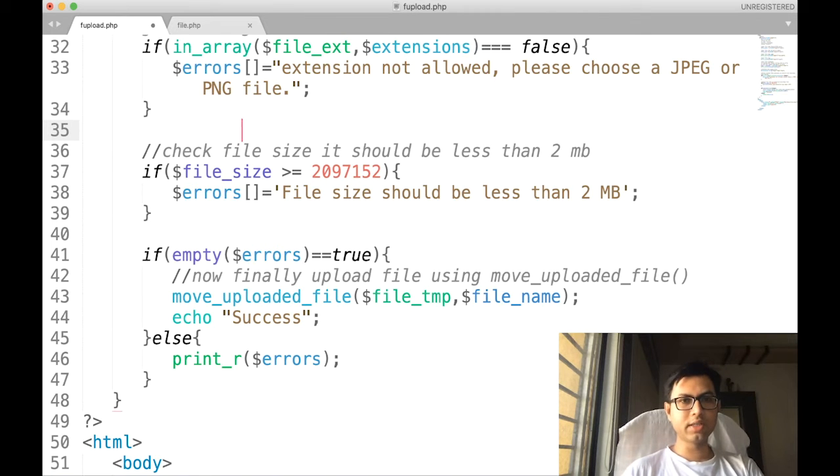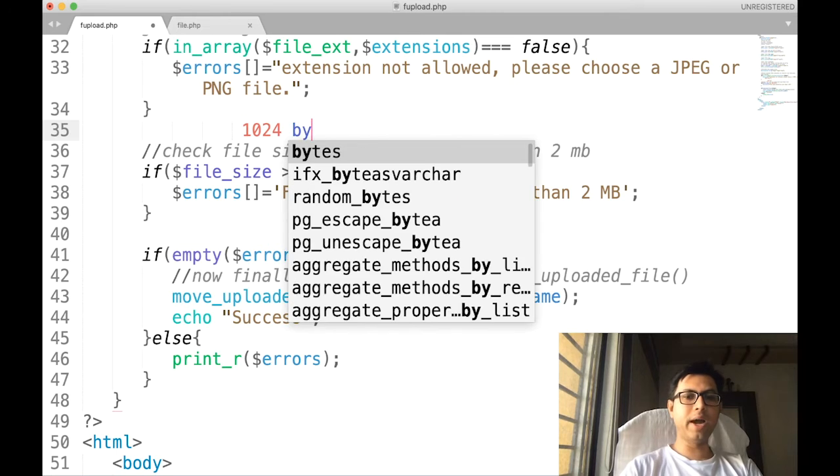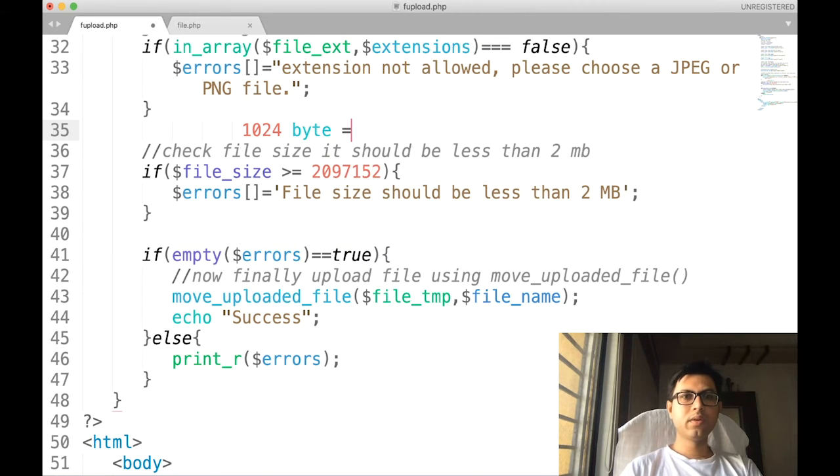The calculation is like this. Suppose there are 1024 bytes in 1 kilobyte, and 1 MB is equal to 1024 kilobytes.